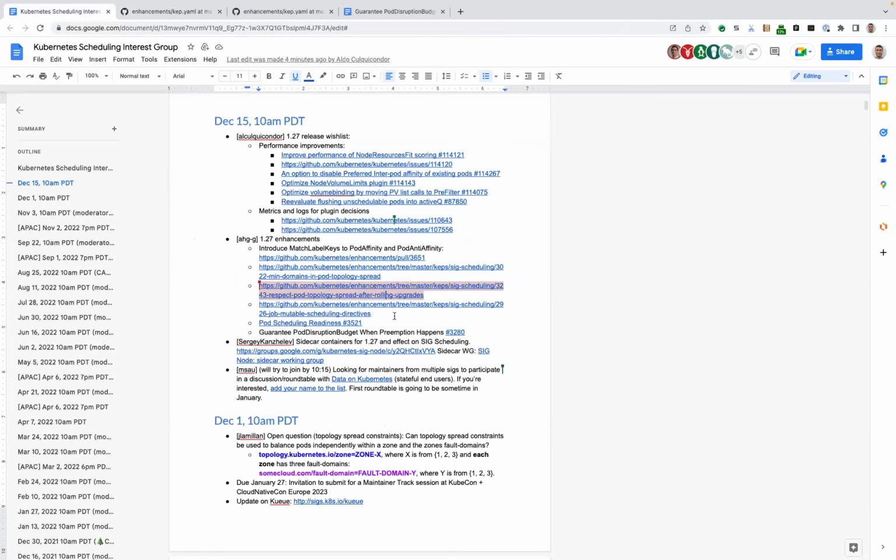Yeah. So this is an overview of the features that we will probably focus on in 1.27 for the scheduler. Please, if you have any other things you have in mind, please add them here, because we need to go through the opt-in process again, like last time. So you need a lead to tag the issue so that it gets tracked. So yeah, back to you, Aldo.